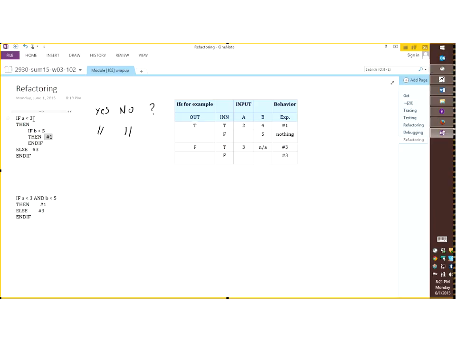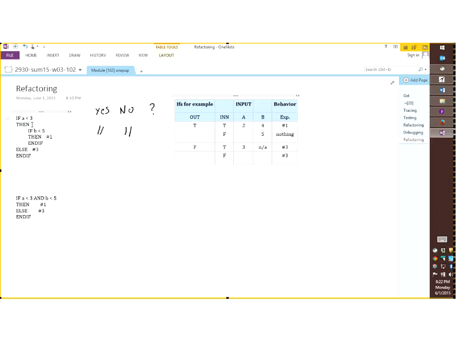Great. Now, what if the first condition here is true? So we go in here. But then the second if statement is false, so B is not actually less than 5. Then I execute whatever is between this and the else. And there's nothing here. Where I typed XXX, there is nothing. So I really don't do anything. I don't execute any specific part of code, that's what I mean.